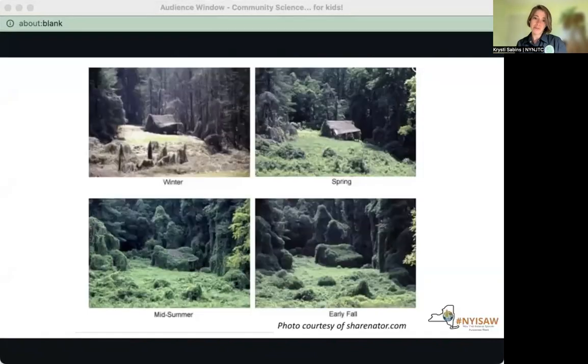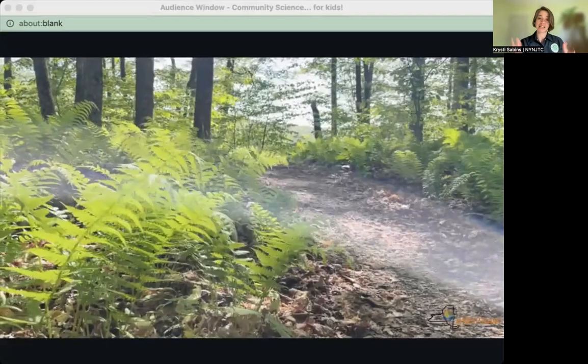Here is more photographic evidence of kudzu. Here we have winter, spring, midsummer, early fall, and you can see how the vine looks as if it's eating a house because it is just growing and growing so rapidly that nothing has a chance to get in there and grow other than kudzu. So what we want to prevent is just that. We want to prevent invasive species like kudzu from overtaking our natural areas,